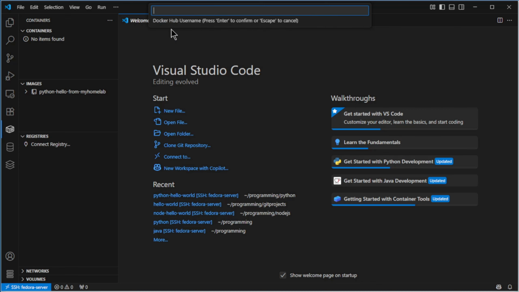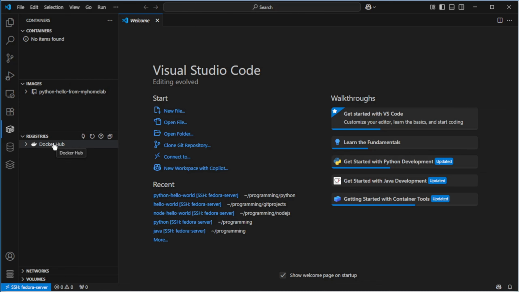Click on it and we have to put the username. I paste the username, enter, and then the password. Again, enter. And you see we have a connection with DockerHub. I can open it and you see a username. Again, open it. Then you see the welcome to Docker